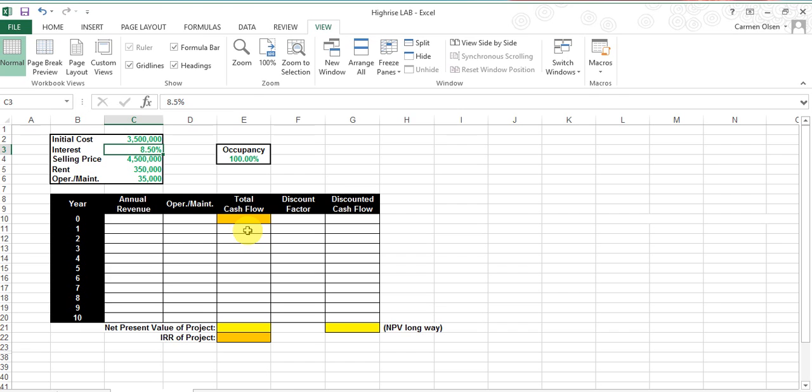We've got our years in the first column, starting at year 0, and then all the way into the future in year 10. We'll go one column at a time from left to right. We'll start with our annual revenue. We'll start by putting an equal sign. We anticipate that every year the occupancy rate will be 100%. So we are going to reference this cell,